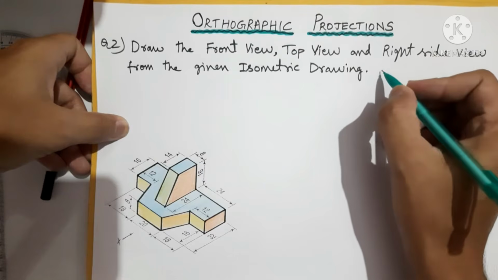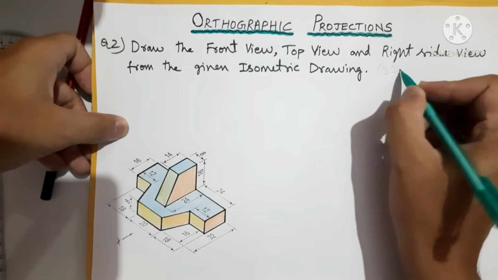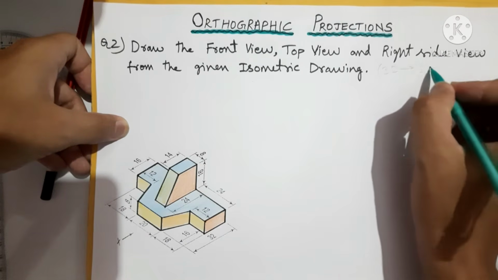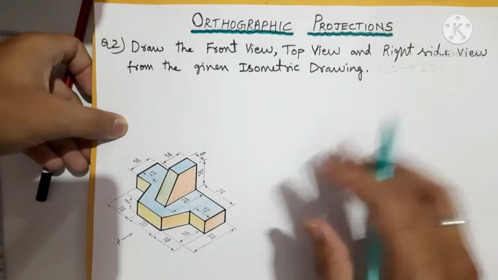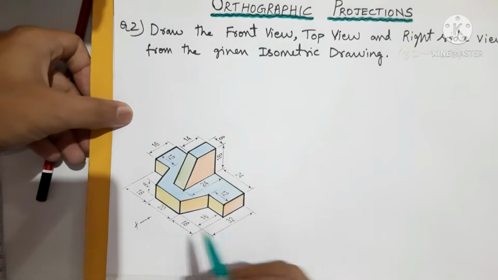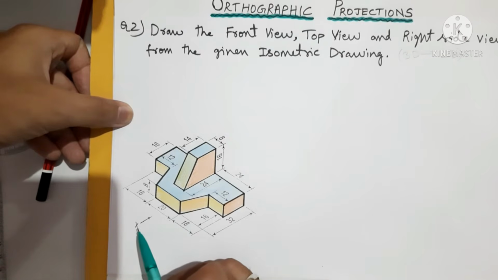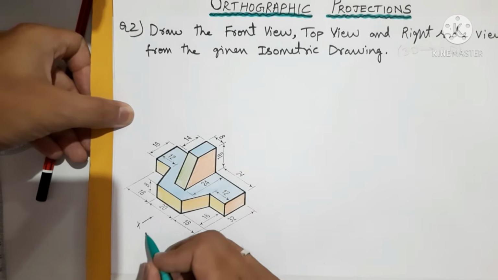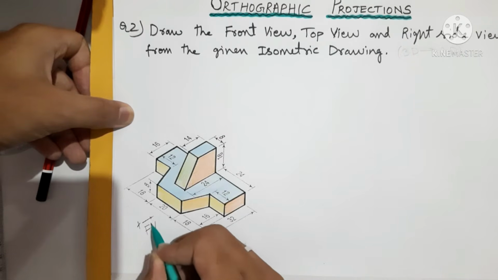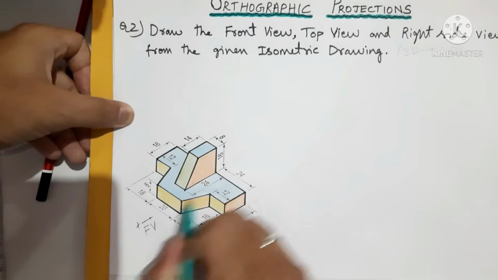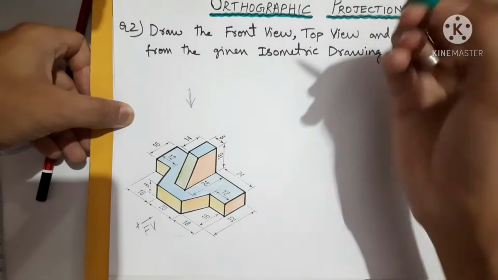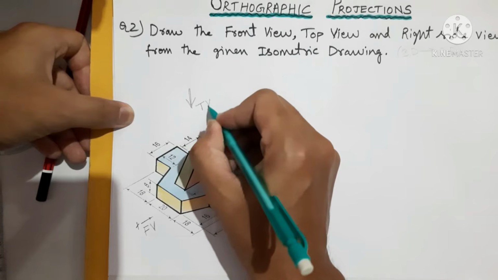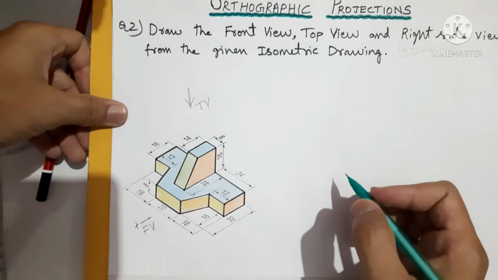So what have you got here? You have got a 3D diagram, and from it we will be converting this into a 2D diagram. Okay, let us see the diagram first. This is the arrow given. It means you are observing from here, and whatever view you are able to see from here will be treated as the front view in this direction. And then from here, the view which you are able to see will be treated as the top view.